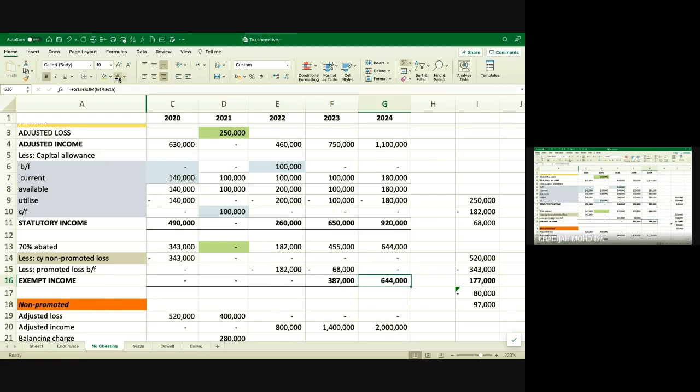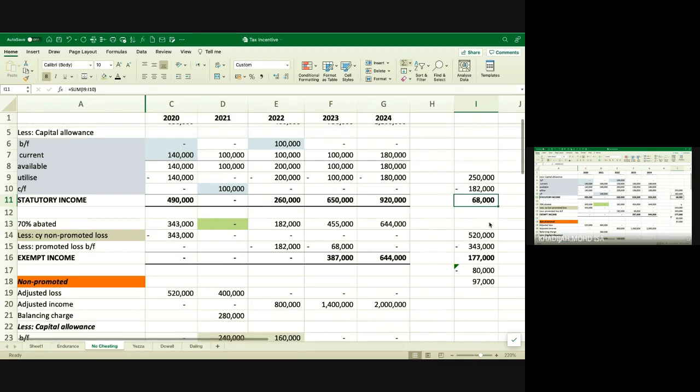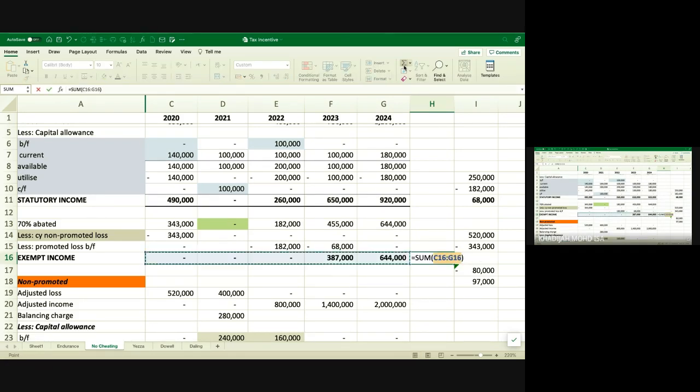So this is where it shows that it's very important for you to forecast to see how much is available. So if I want to compare later, what would be my exempt account? It would be 1.031 million. So this is my exempt account balance.